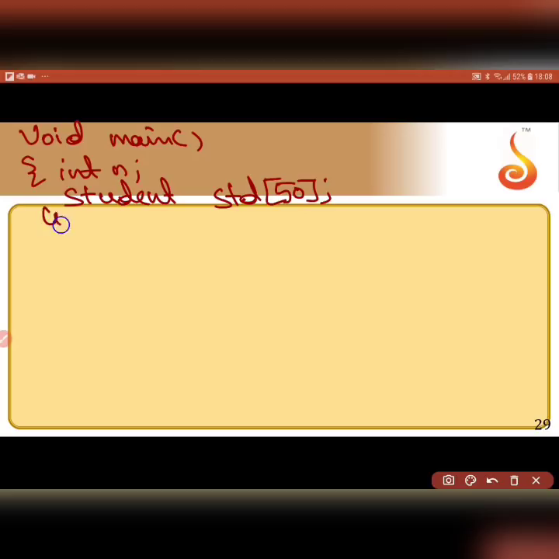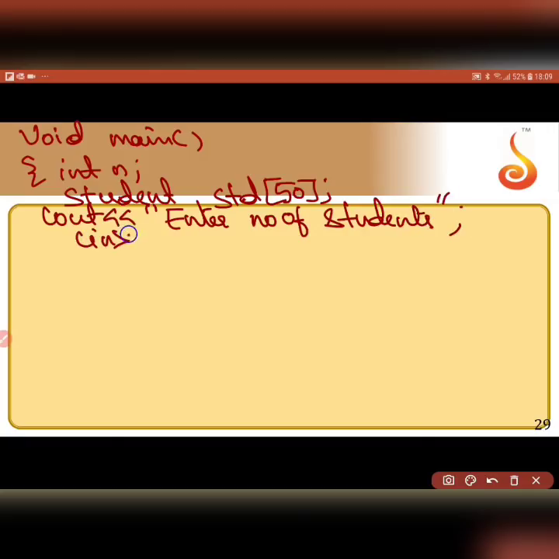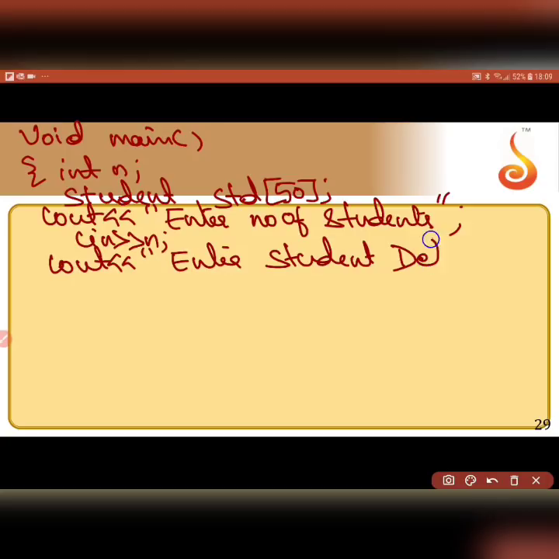Then I will ask, cout enter number of students, in n. Then I have to ask the user, cout enter student details.